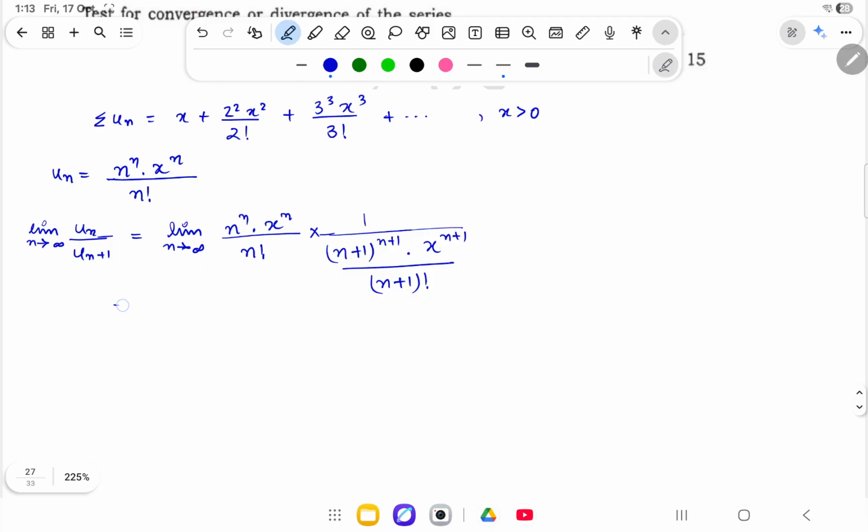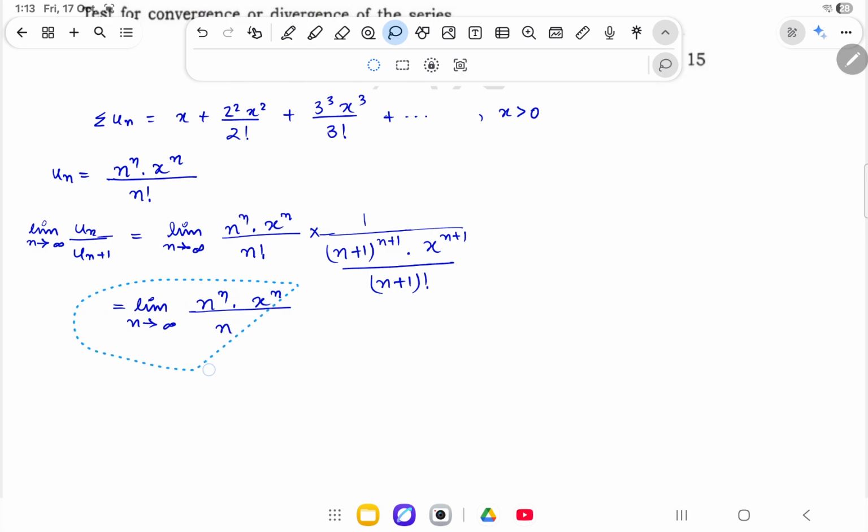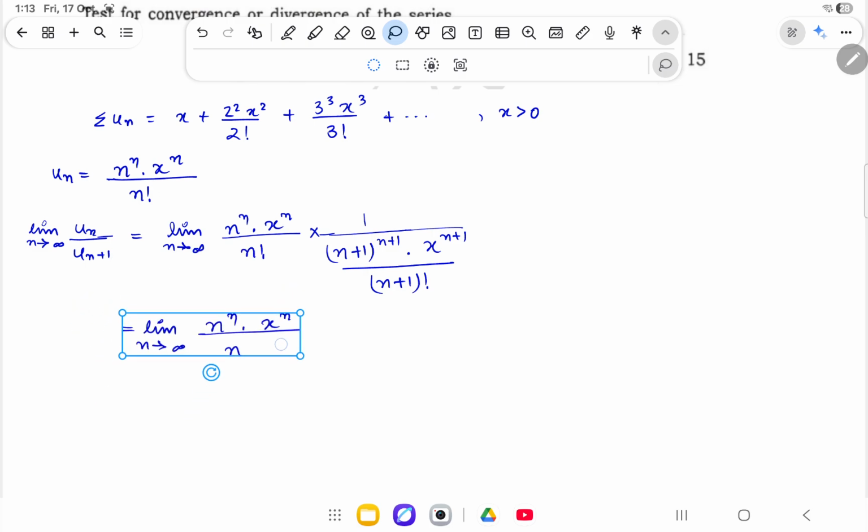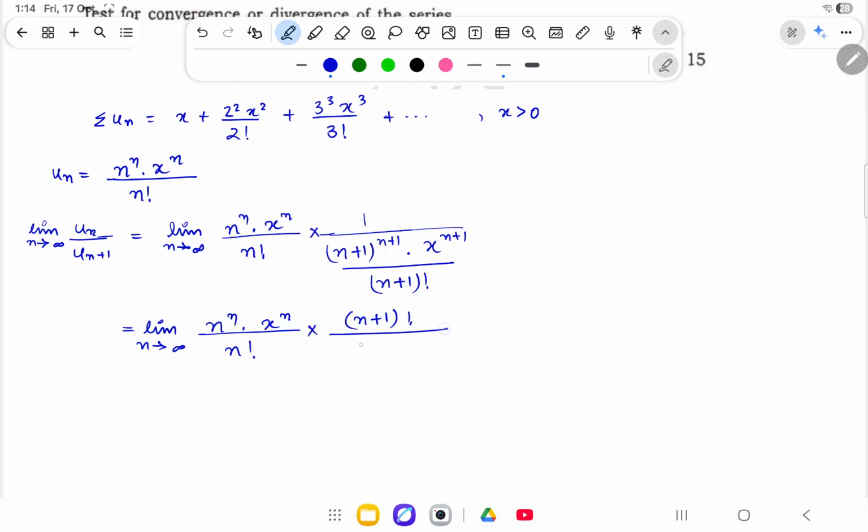This limit simplifies to limit n approaches infinity n raised n times x raised n divided by n factorial times n plus 1 factorial divided by n plus 1 raised n plus 1 times x raised n plus 1, and this simplifies to,